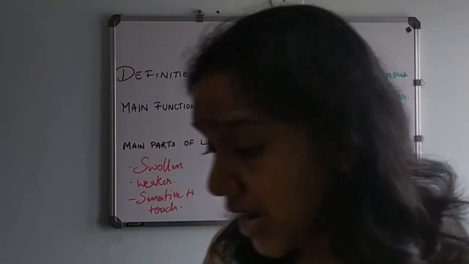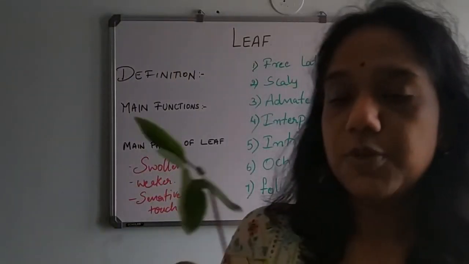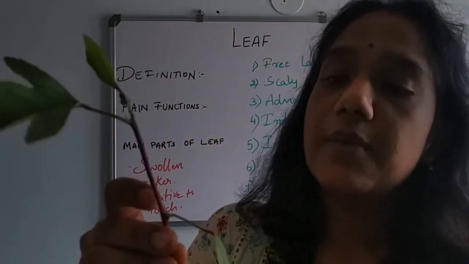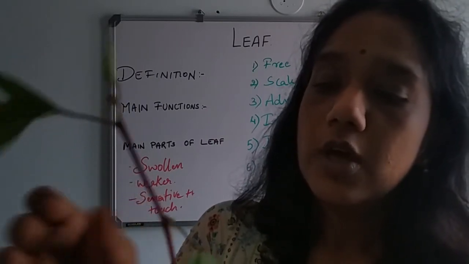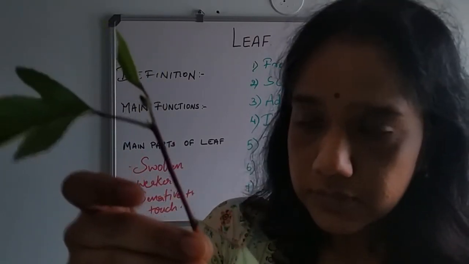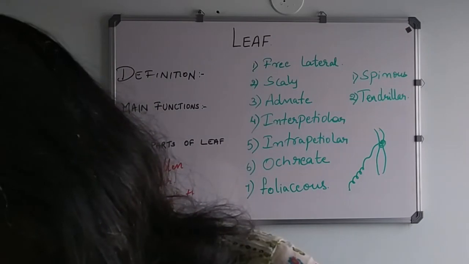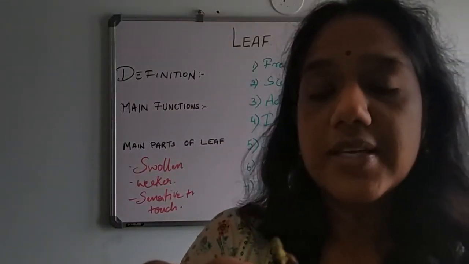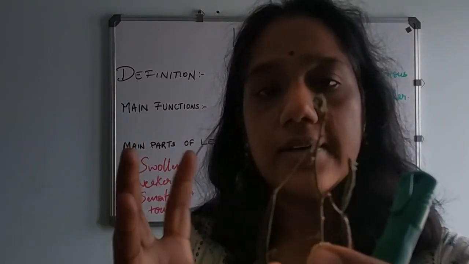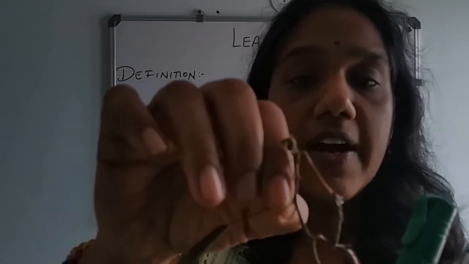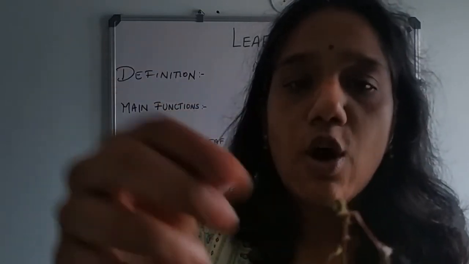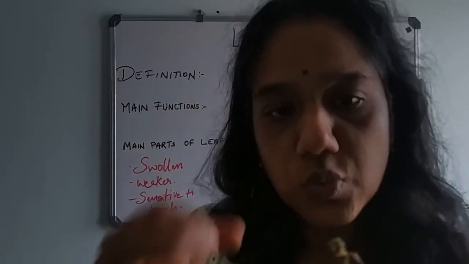Hope you have understood and appreciated the stipules, how they are present. Again, I am showing you here. This is hibiscus cannabis, commonly called Gongura soppu in Kannada. These are the lateral appendages forming the stipules, and also the leaf bases, which is the pulvinous leaf base in case of Mimosa pudica, which is very important for the touch and sensitivity actions. If you can find it near your house, do cut a twig of it and just feel it. You can see how swollen it is.